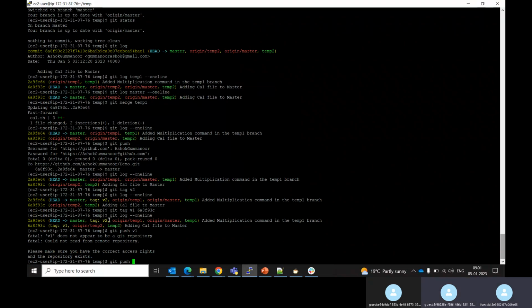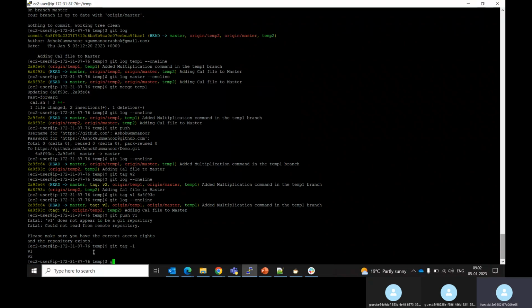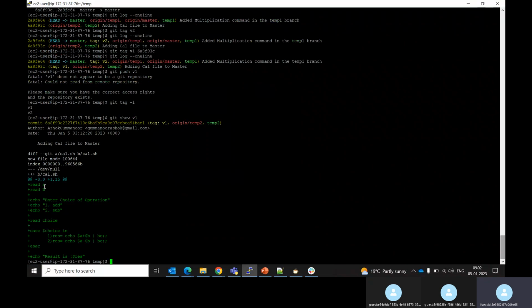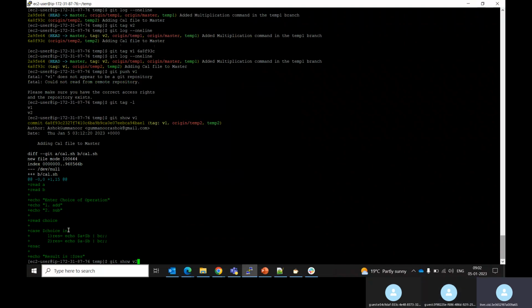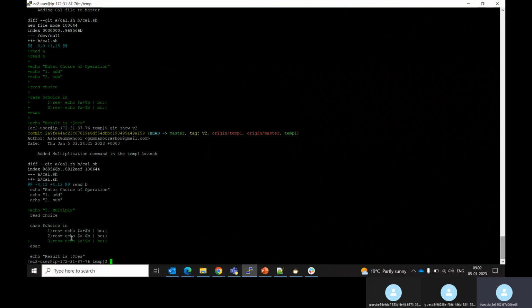Git push, wait a minute, git tag -l means it will show all the tags, v1, v2. Okay. If you want to see what exactly that tag is, git show v1, so it will be showing what exactly has been in the v1. So we have added this as the first version 1 tag. If you see git show v2, what are the changes that have been there, it has added these two lines. So if you want to push the tag,